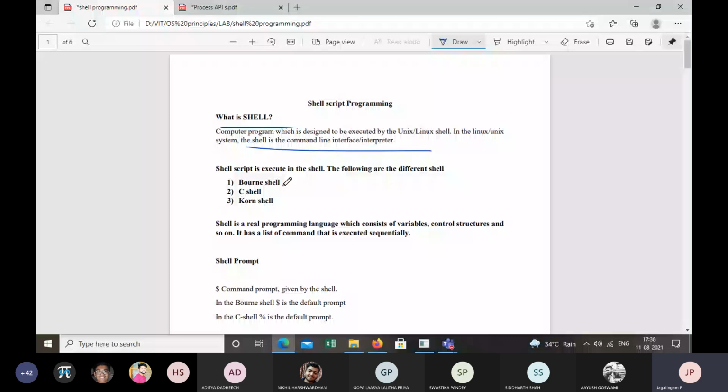Now all of these shells do the same job, but the only difference is that in the case of Bourne shell, the shell will prompt with the symbol dollar, wherein the C shell will prompt with the symbol percentage. This is the difference between the shells, but all the shells take the command and execute that. All right.